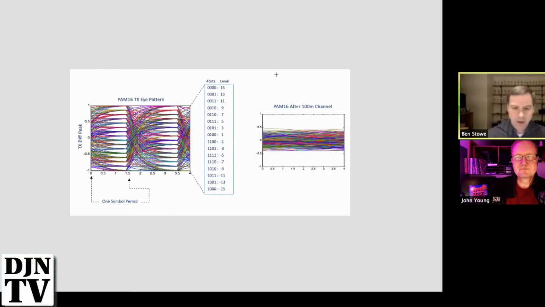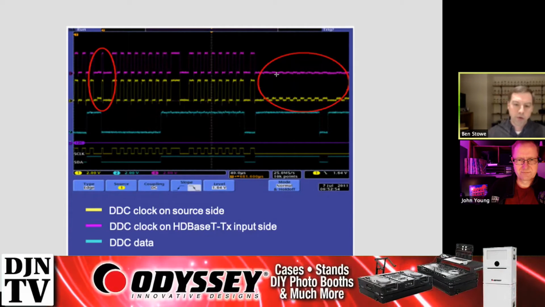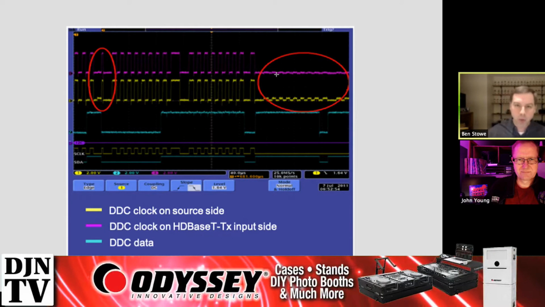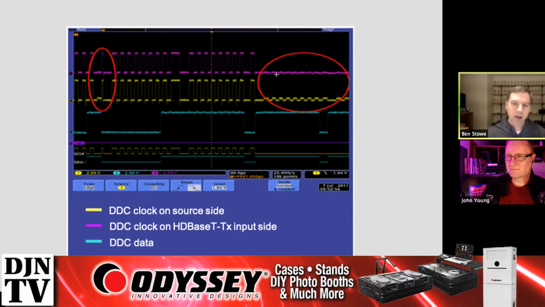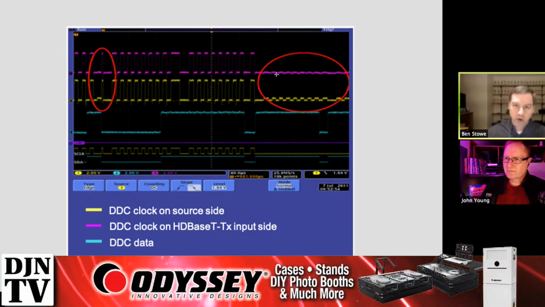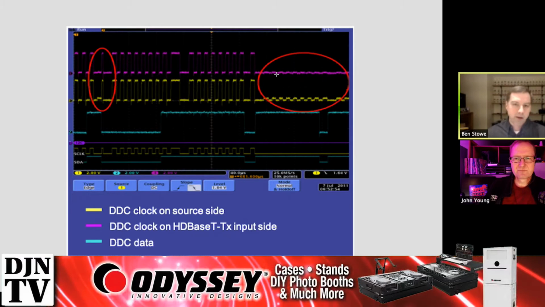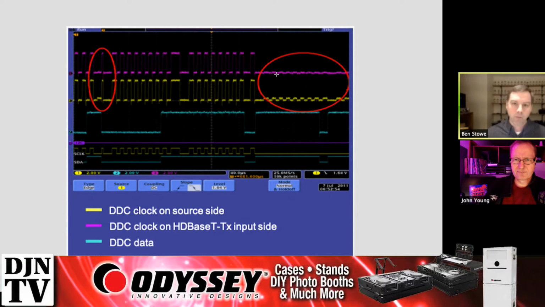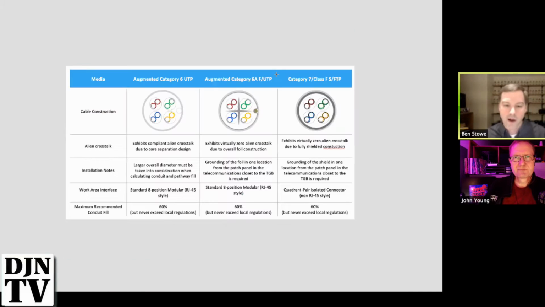Just for fun, here's a cool screenshot showing all the cool stuff going on in an HDMI signal. But I guess the point is, I just wanted to point out that there's data running down this cable, and it matters how it's interpreted at the other end. If things don't arrive in the right place or the right order, the signal is unusable. So it's not like just pushing water through a hose, and if the water comes in one end and goes out the other end, you got water. This has to arrive pretty precisely.